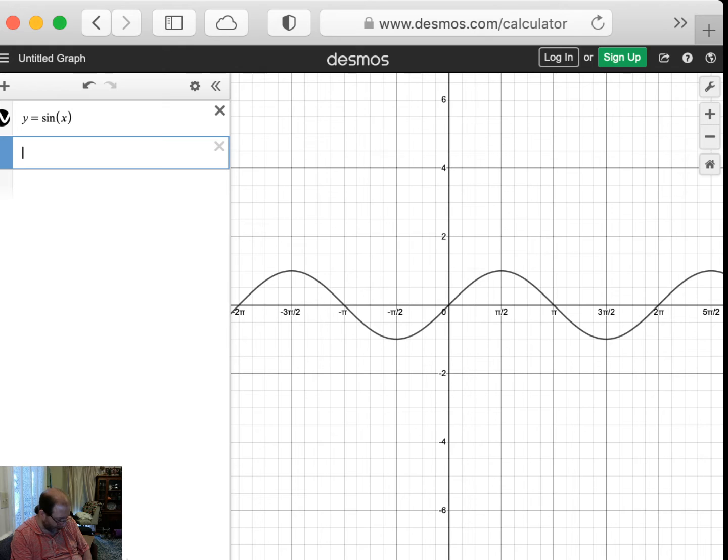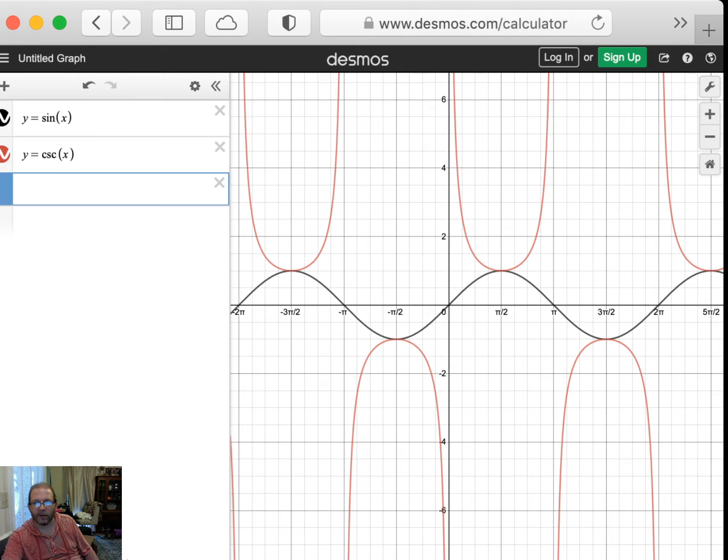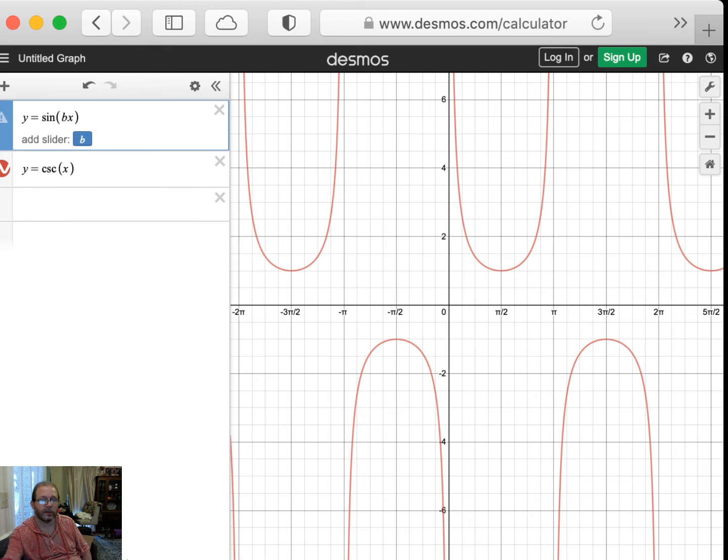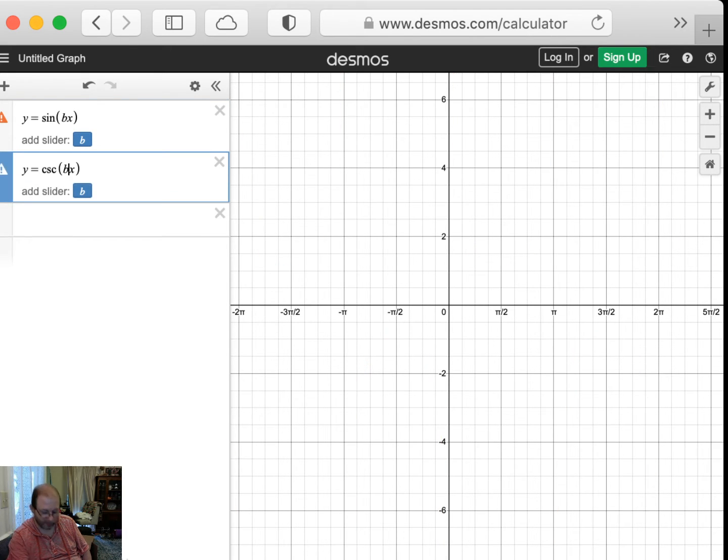Now, if I put in y equals the reciprocal of sine, which is cosecant x, notice we get all these u's here, and everywhere where sine is 0, the cosecant has a vertical asymptote. If I change this to sine bx, and I make this cosecant of bx,